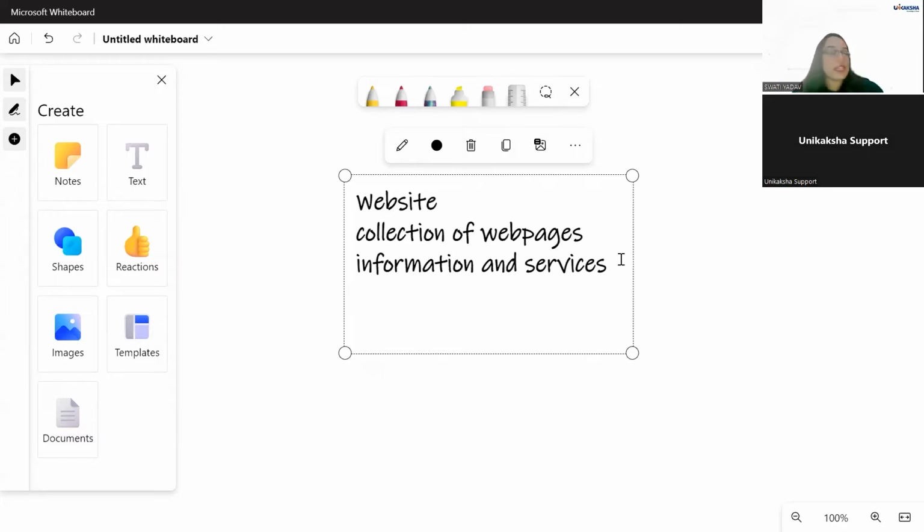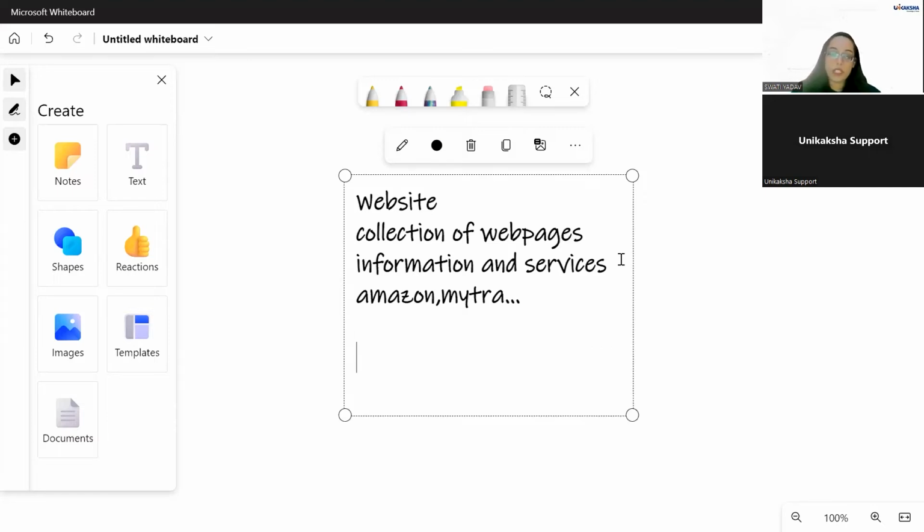Similarly, if we talk about e-commerce websites, we are all aware of Amazon, Myntra, Flipkart. What are these? These are e-commerce websites that let us sell and buy things online, right? Amazon is one of the top e-commerce companies, and it runs a billion-dollar business. We are just looking at its website only.